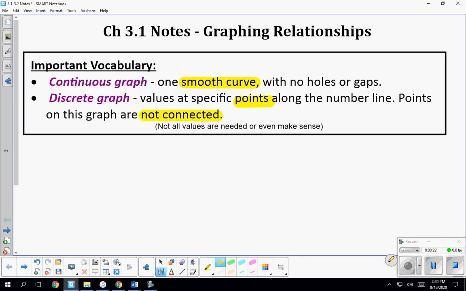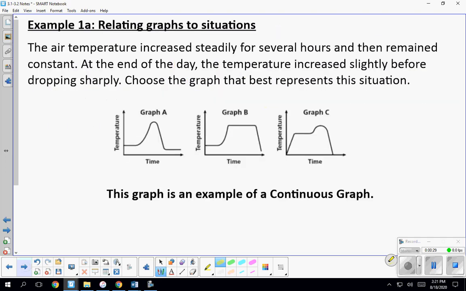The reason for that is that in this situation, not all values are going to be needed or make sense. And we'll talk about that in a second. So here we're looking at graphs to situations. We're looking at air temperature. It's increasing, so that means the graph should be going up. It's going to remain constant, which means it should be level. And at the end of the day, it's going to increase slightly before dropping sharply. So you see we have four words that describe the motion of this graph. So we should see a graph with four distinct